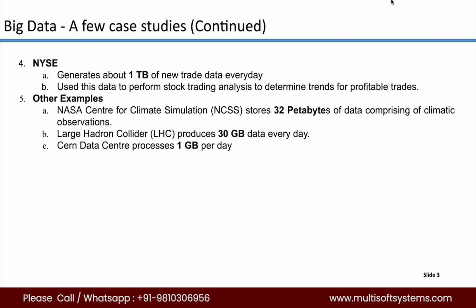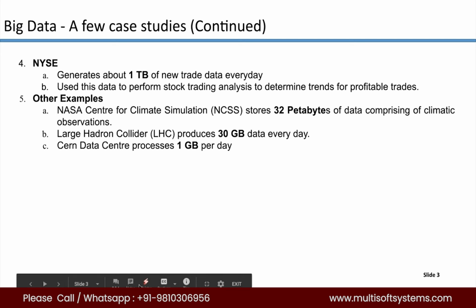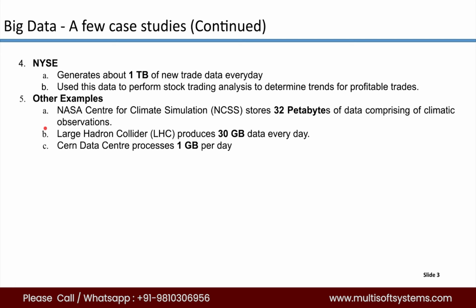If there is a cyclone, I think 2-3 days before, there was a cyclone in Bay of Bengal towards the Chennai side, and people were aware. So people were evacuated from the coastal side and all that. So see, its usefulness, right? Providing convenience to people. That much amount of data you can predict, you can analyze, you can foresee what is going to come and take decisions on the basis. In physics, Large Hadron Collider is, let me just get the pointer, 30 GB of data.